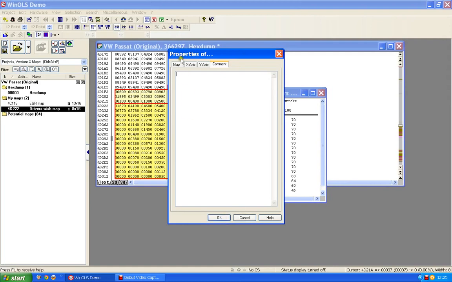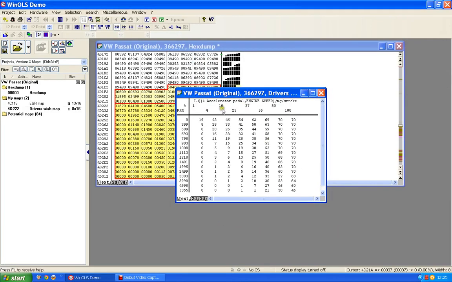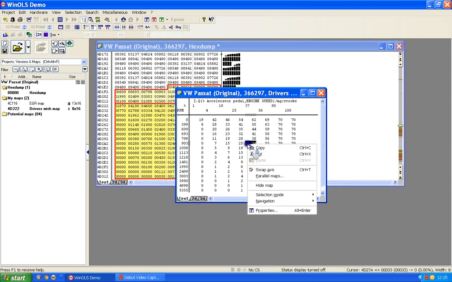Right, again, I'll just put that back on map, but again, we'll just get rid of that now. So what we've got then is we've got our second map. We've got an address for it, we've given it a name, Driver's Wish, and we can say, yep, that's absolutely fine. Now what I'm going to do is I'm going to just do something else while we're here before I end this video. I'm going to right click on there,